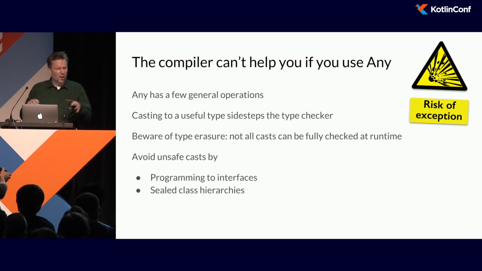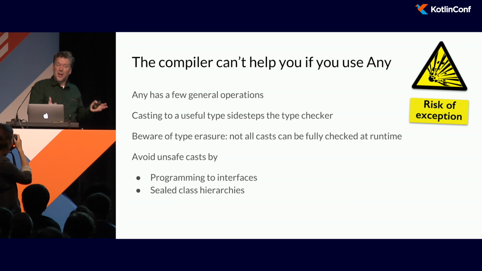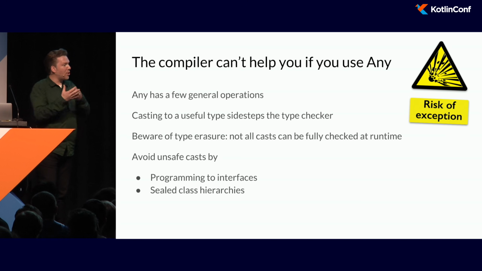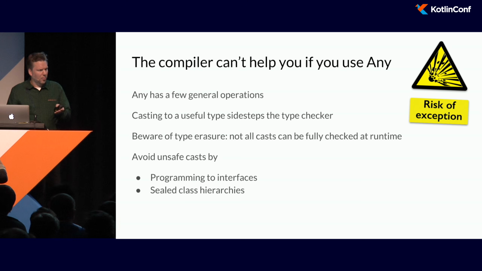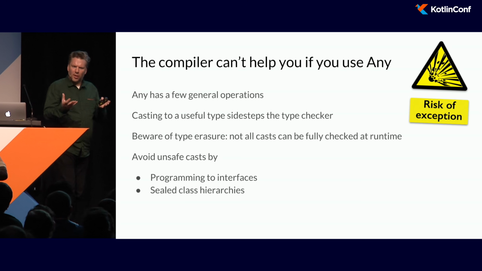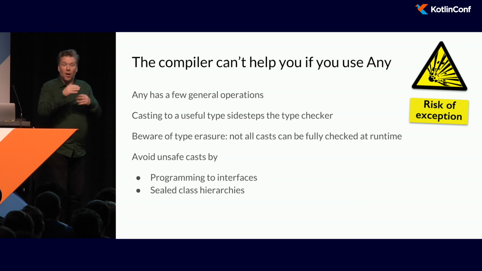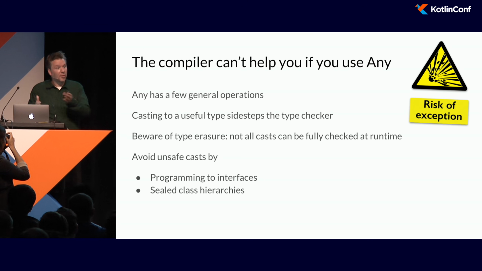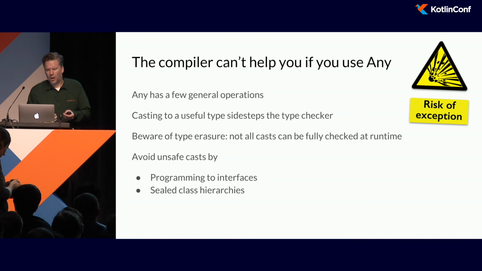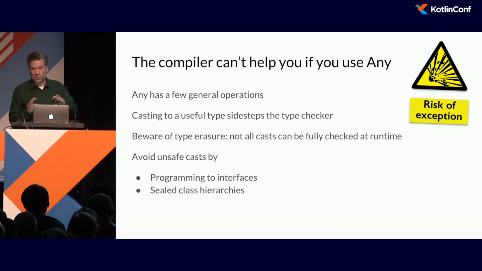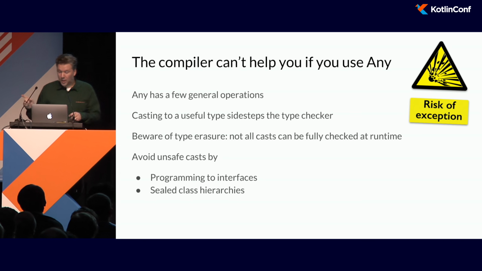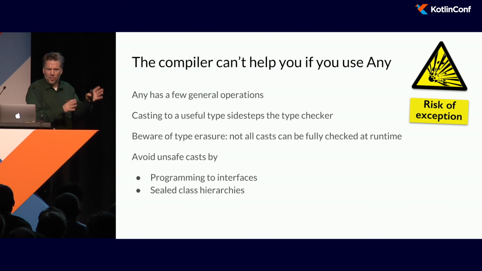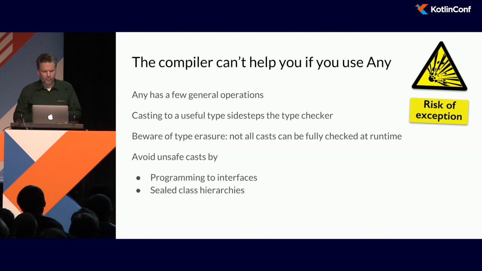Or we can use a sealed class hierarchy to lock down an area of the class hierarchy, to guarantee to the compiler that there will be no more subclasses added in the program. Then the compiler can exhaustively check if statements that are using is to look at the particular types that are being passed in and casting. Patrick Cousins is going to be talking about sealed class hierarchies tomorrow, so I'm not going to say any more about them, but I do recommend you go and see his talk about that.